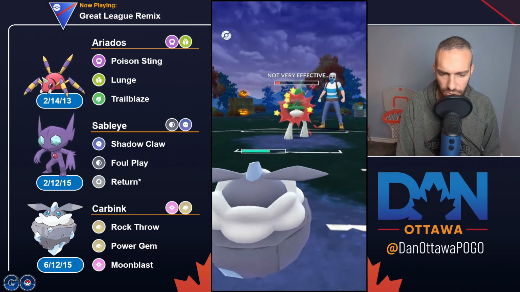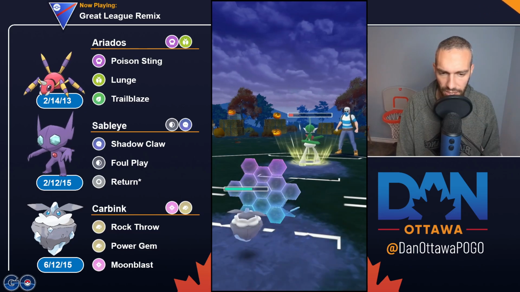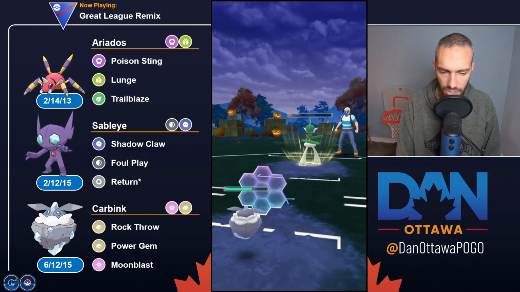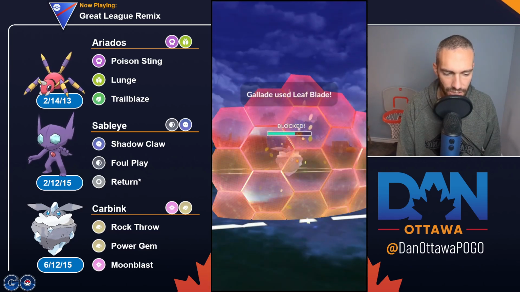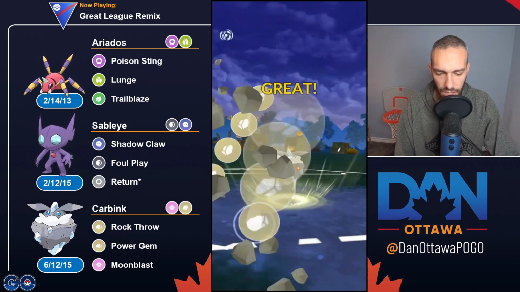My Carbink already has energy gone from it, or health gone from it. So I could let this go. I could live. It is a super effective Leaf Blade. They do have 2. I have 2 shields, so we're just wasting some time here. But yeah,